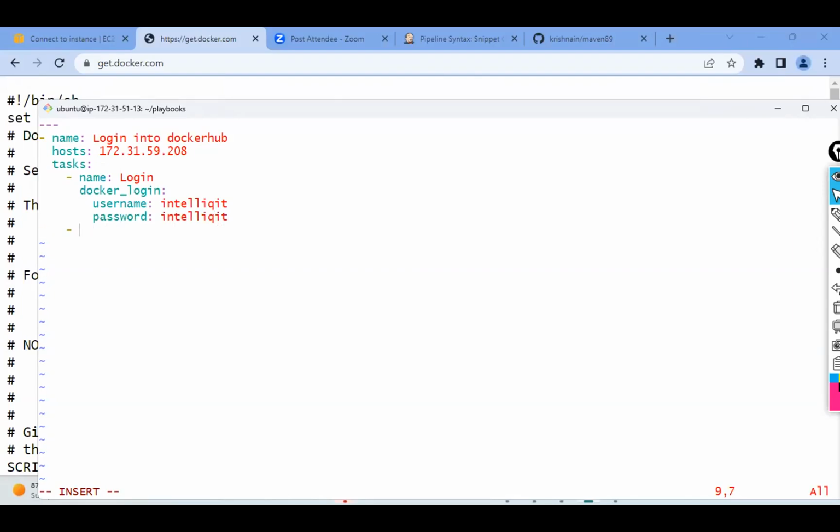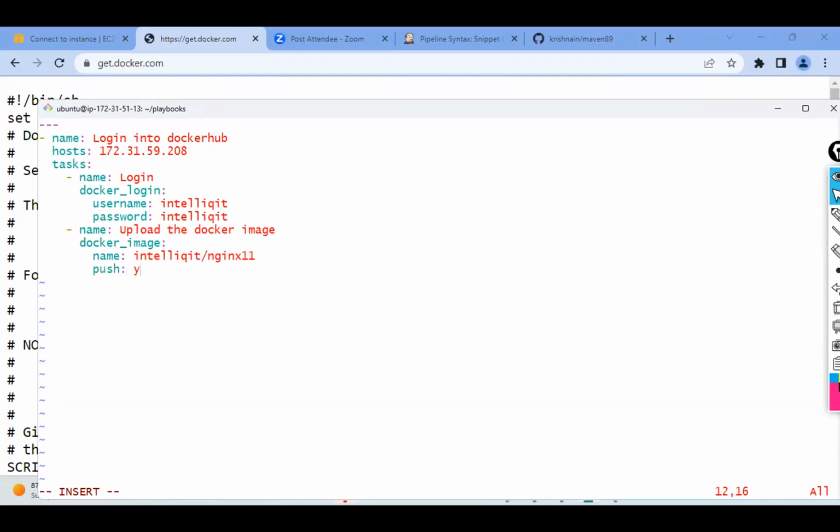After this, the next operation, once the login is successful, we want to push that image, right? So name is equals to upload the Docker image, for which the module is docker_image. What is the name of that image that we are trying to work on? IntelliQIT/Nginx11. I think we have to give push is equals to yes.